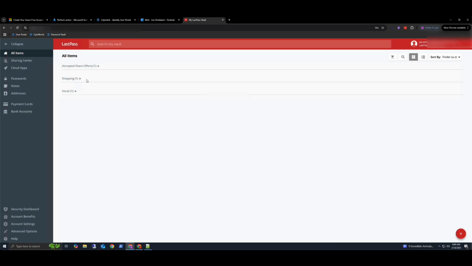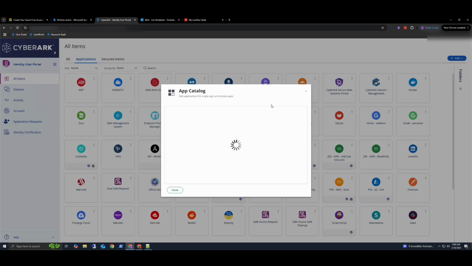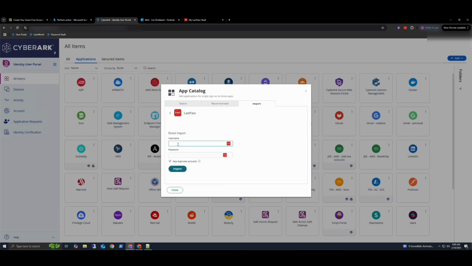Pretty simple. So I have two credentials here within LastPass. I'm going to go back into my user portal for CyberArk Identity, and go back to the catalog option. Once this loads, I'll choose the tab for direct import, select direct, put in that LastPass username, and put in that password, or that master password that I set. Now, once I trigger this,